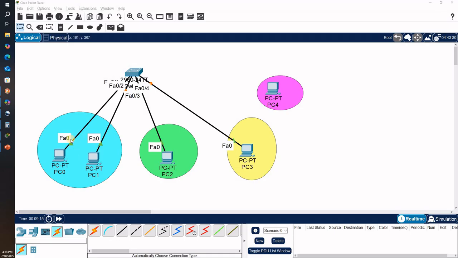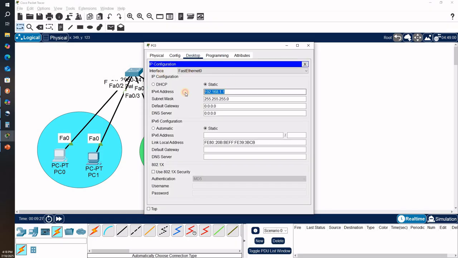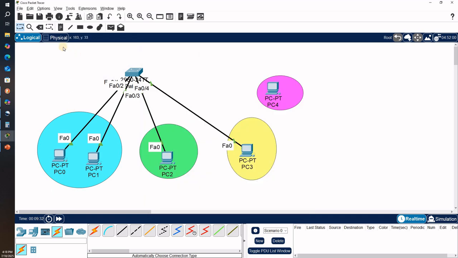Yes, in this I have made a topology. Two devices only are given an IP address. This one,